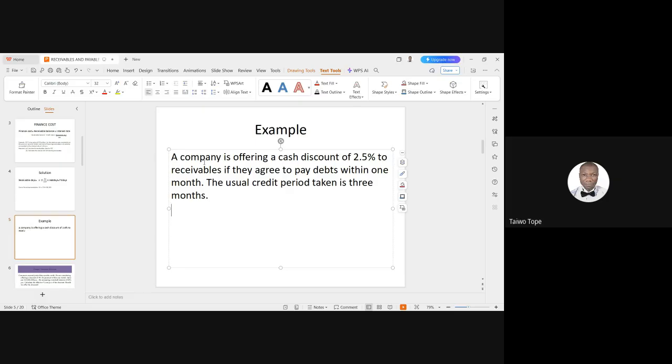The question is, what is the effective annualized cost